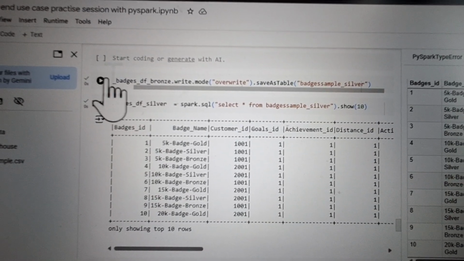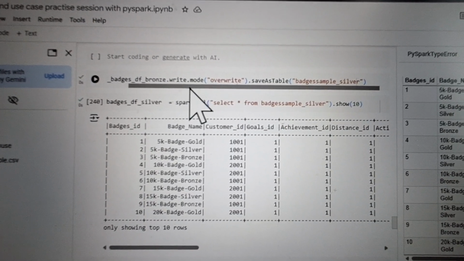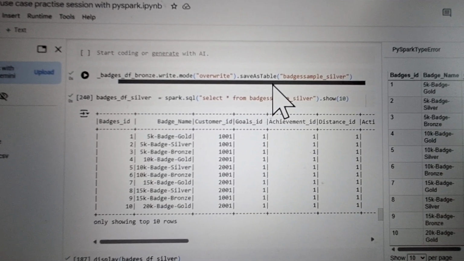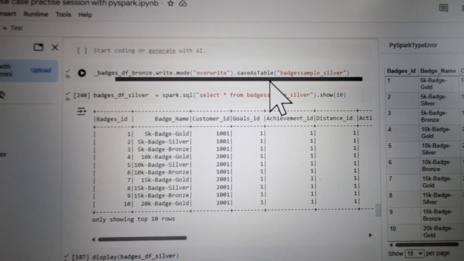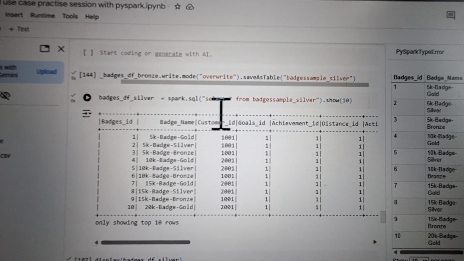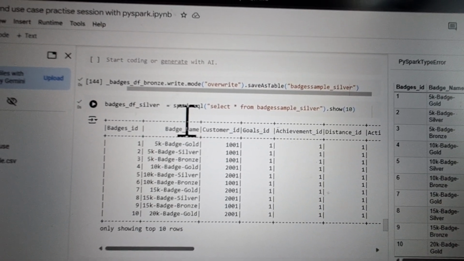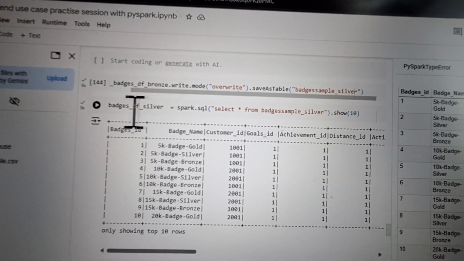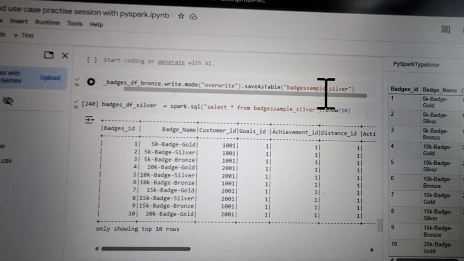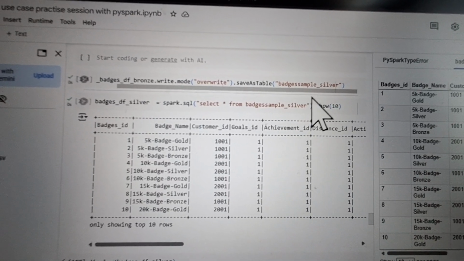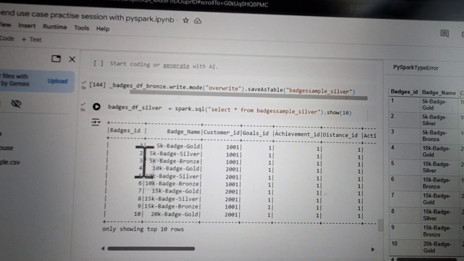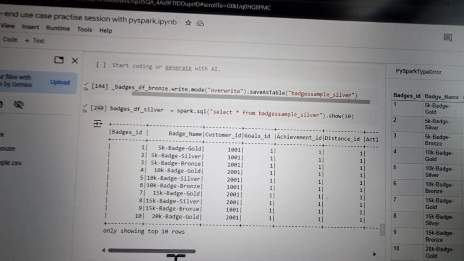Okay, so badges data frame bronze dot write dot mode overwrite save as table. Now I am going to save this view as what? As badges sample silver. So badges data frame silver, what is it going to store? It is going to store this data frame. I'm creating a data frame from a table now. I've created a table from my view, and now from this table I'm going to create a data frame inside the silver layer. So badges data frame silver is going to be